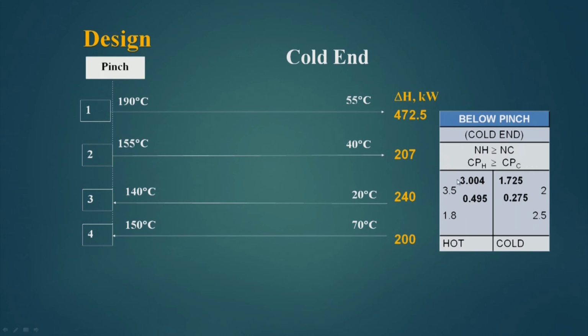So, if I split a hot stream, then I have to also split a cold stream to make the number equal, and this splitting is done because it will not conform to the CpH rule otherwise, and that is why you have to go for this. So, we are splitting a hot stream and we are splitting a cold stream.